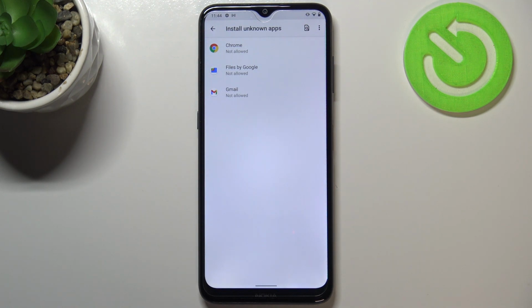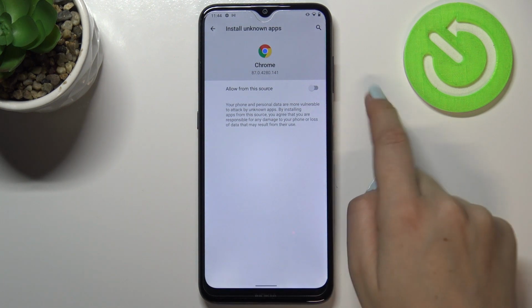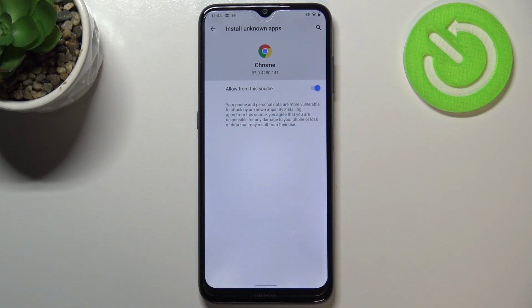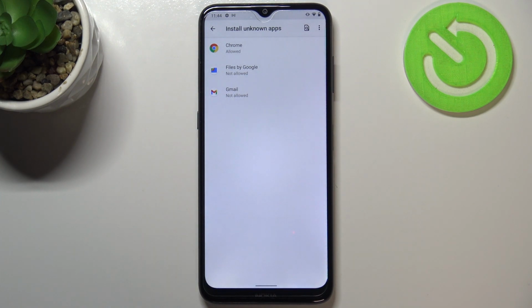Obviously you can change it. All you have to do is to simply tap on the app you would like to allow to install something and just tap on the switcher right here. After getting back, you can see that here we've got the notification that from now on the Chrome is allowed